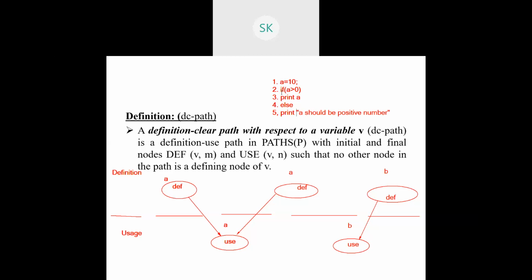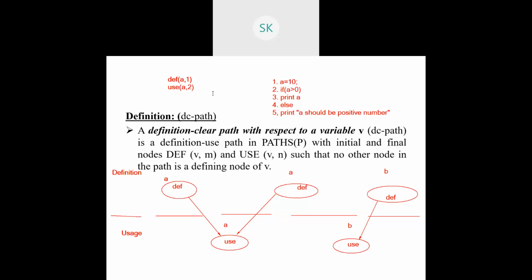What is the path that I need to have? For a path, once you are talking about data flow testing, then you need to think with respect to the DU path. How to get that DU path? First, I need the definition for which variable: a. It starts with its definition at node 1. There are two usages available with respect to a. One is the usage at node 2, use A, comma, 2.